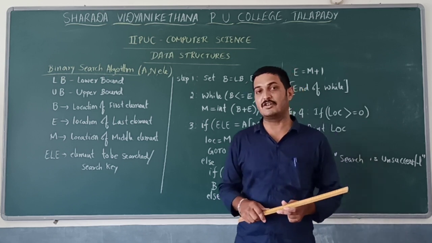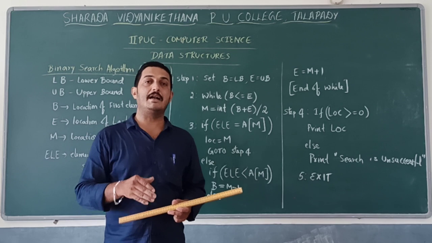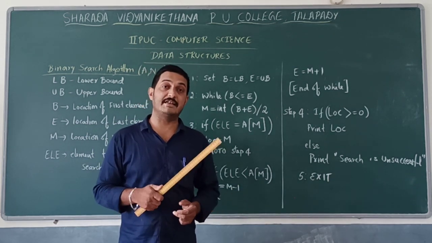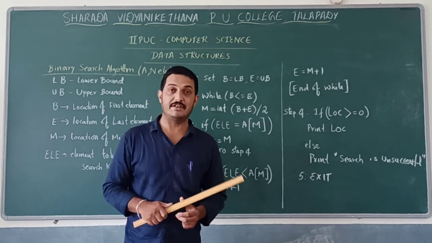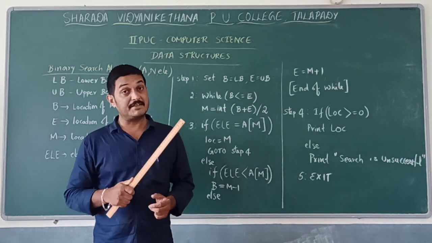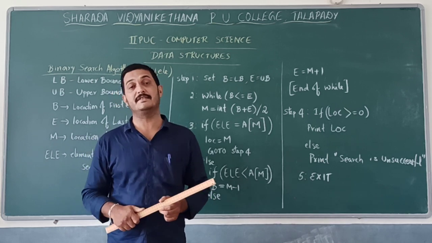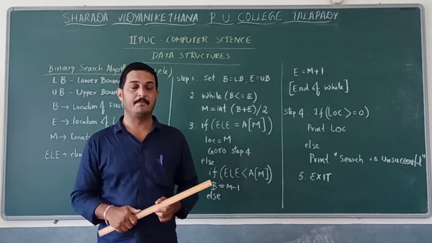Under the binary search technique, it divides the given array into two halves, and the search key is compared with the center element. If the search key is less than the center element, then the searching process involves the first half. If the search key is greater than the center element, then the searching process involves the second half. Just go through this one. How to specify the first half?